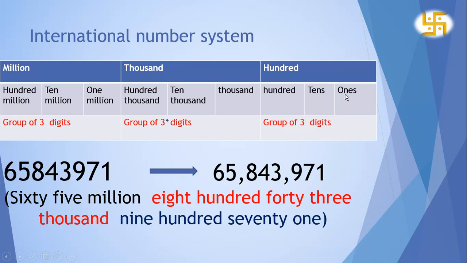The group of 100 contains ones, tens, hundreds. The group of 1000 contains 1000, 10,000, 100,000. The group of million contains 1 million, 10 million, 100 million. For example,